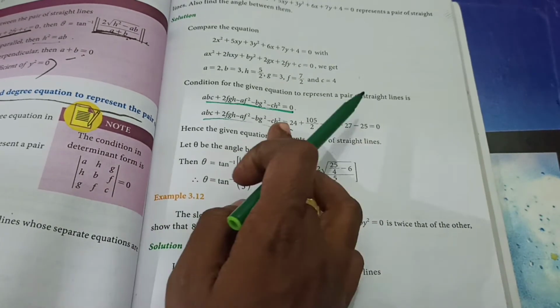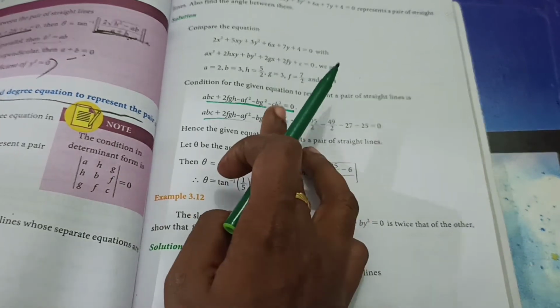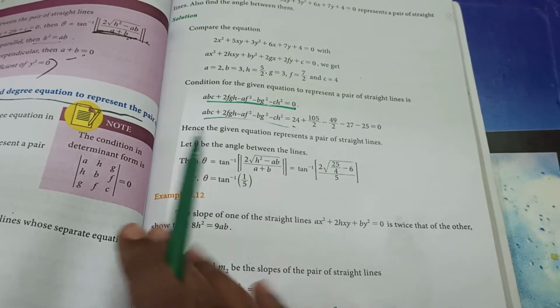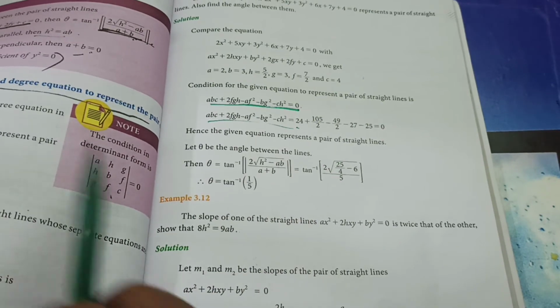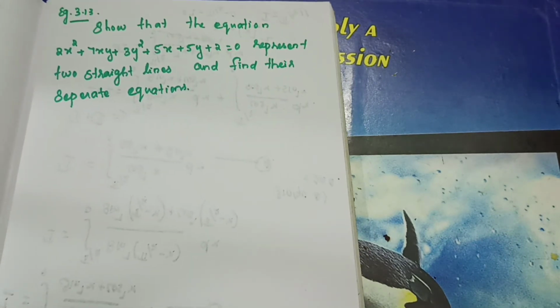Understand? Both also you can use. In this problem I will use this. If you need, you can use this same and you will find out as 0. Both also same. Understand? So this is in determinant form, this is in equation form. That's the only difference. Understand, students? So you don't get confused. Both also correct.